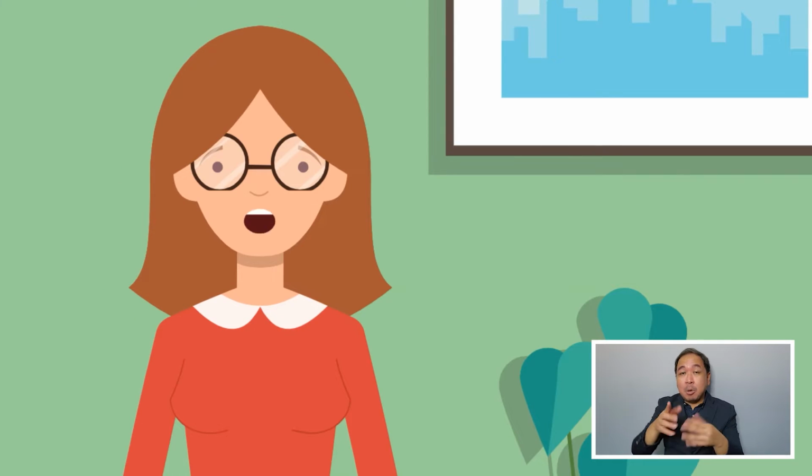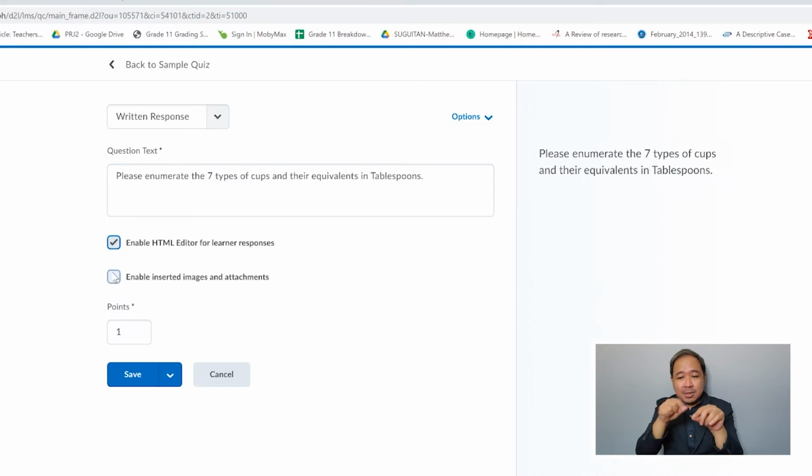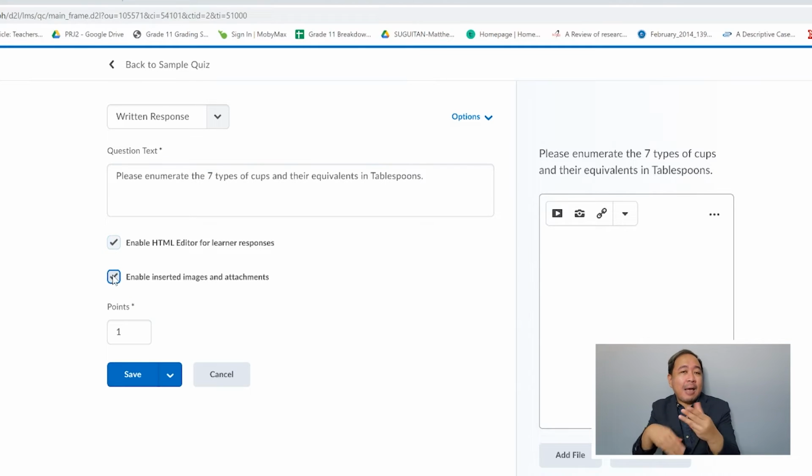Written response questions require students to answer in greater detail. If you would like them to format their answers, insert quick links, tick Enable HTML Editor for student responses. If you would like to allow your students to insert images or attach other files, tick Enable Inserted Images and